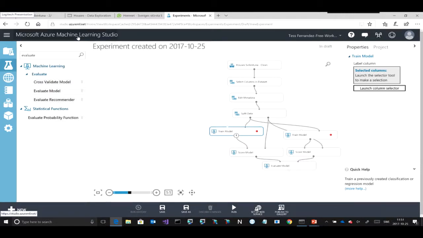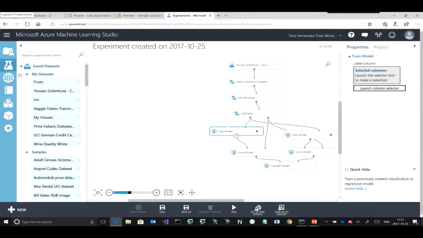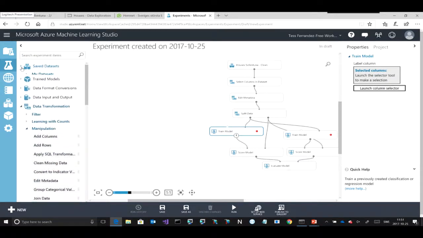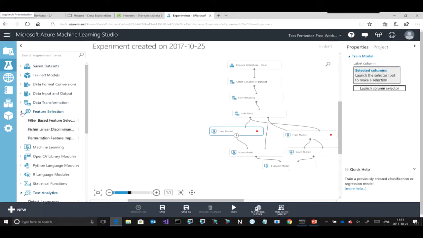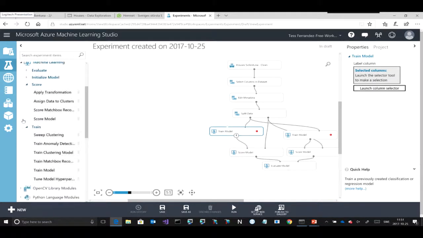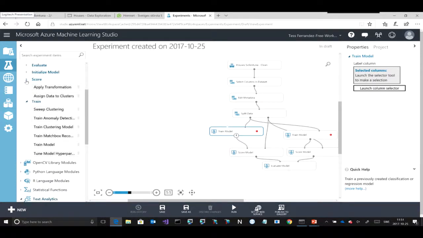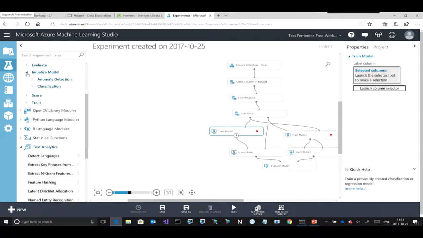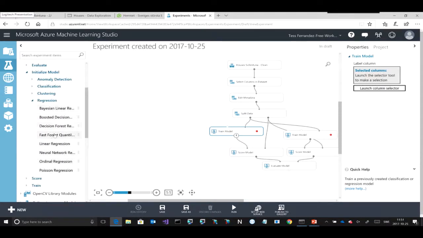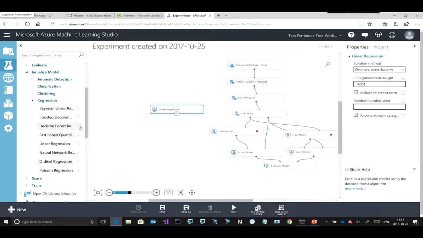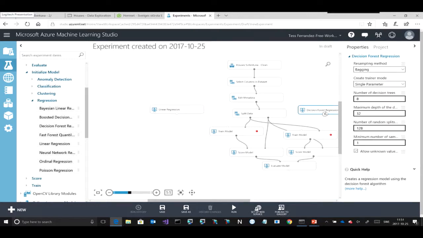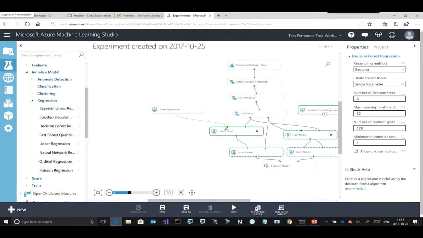So now it's time to select our algorithms. And in this case, we go into the machine learning piece, and we know that this is a regression problem, right? Because we're looking for a number. And so we pick from regression, and we can just pick a few of these. I'll just pick a linear regression and a decision forest. So it turns out decision forest or decision trees can also be used to find out numbers, not only categories. We pull them into the training,